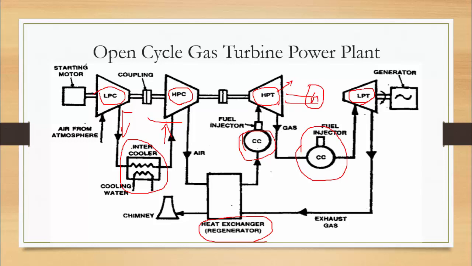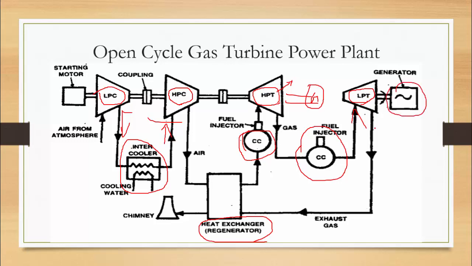Once the exhaust gas has expanded in the high pressure turbine, the remaining gas will still have some more energy. So here, as I already told you, a reheater cycle is placed, and this exhaust gas again gets fuel from the fuel injector and gets burned in the combustion chamber. Again it gains heat and goes to the low pressure turbine. In the low pressure turbine also some power is generated, that is, mechanical energy is generated. That mechanical energy is also used for power generation here.